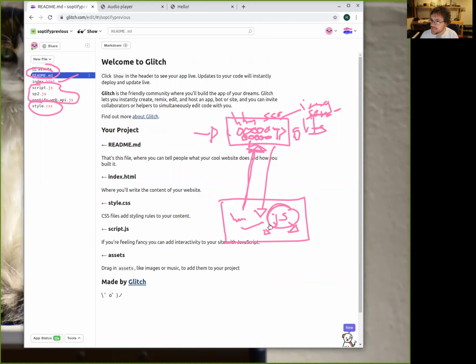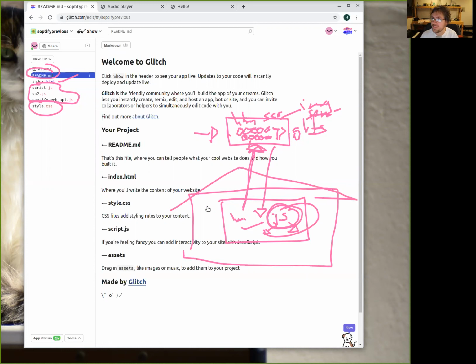JavaScript is a piece of code that will be executed in your house. This is your house. This thing happens in your house. This is your window, and this is your dog. And all of the execution happens in your house. Do you understand what I'm trying to emphasize, right?